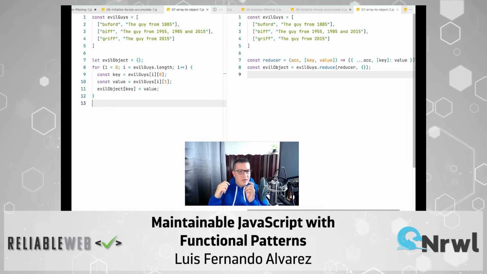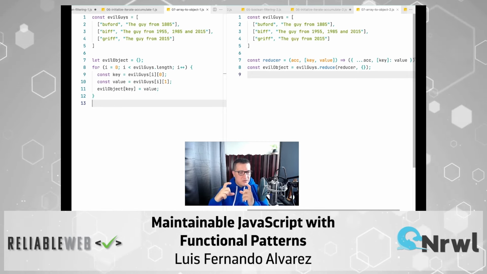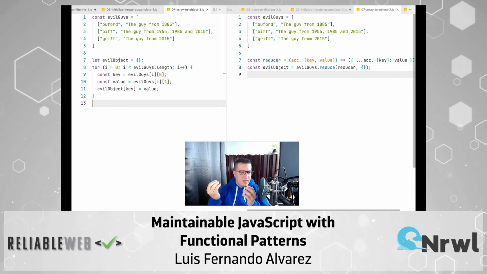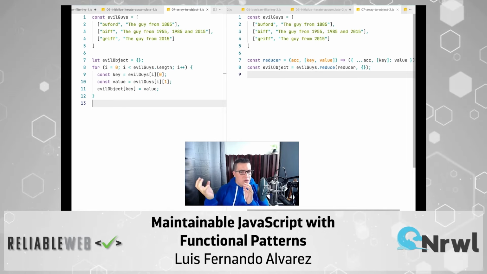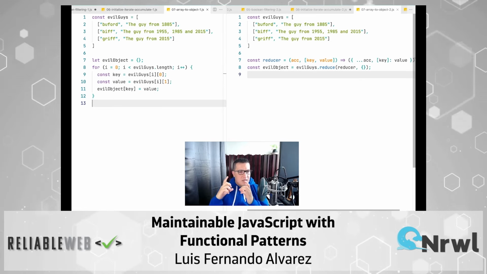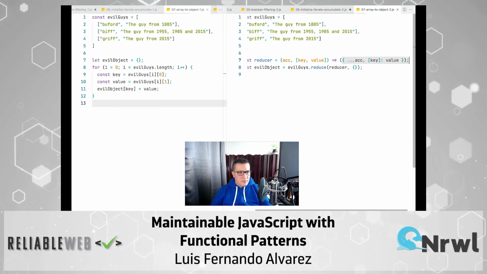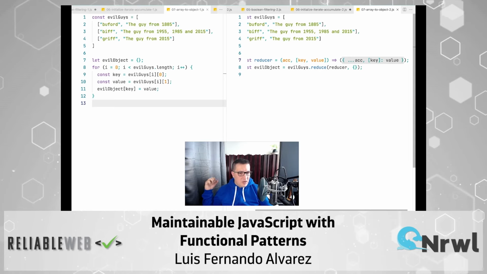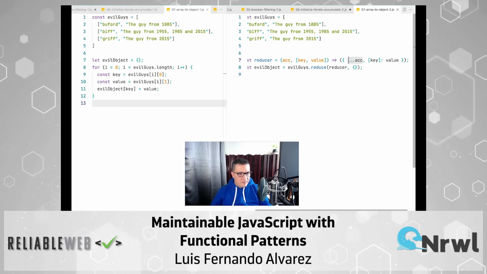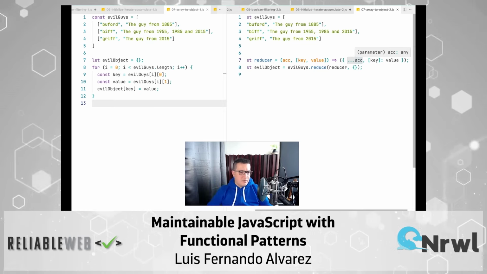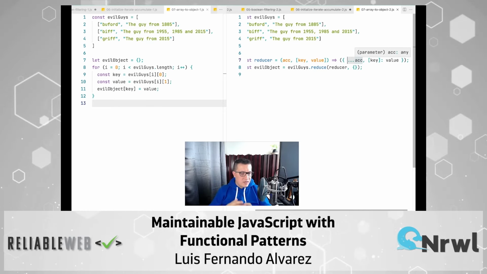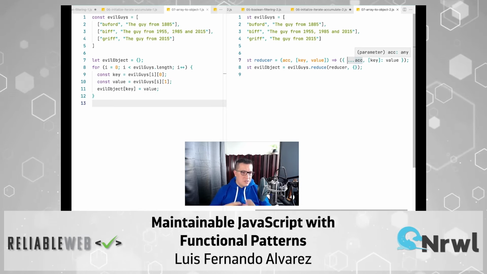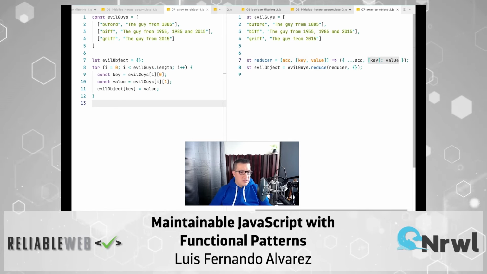I'm destructuring every one of those arrays of 2 elements because I know I want the key to be in the first element and the value is going to be in the second element. So what I'm returning from the reducer is just a new object, which is this one. I'm going to put all of the properties that I have in the accumulator at the top of the new object. Since I'm returning a new object, then there's no mutation. I'm just creating new structures on each iteration,